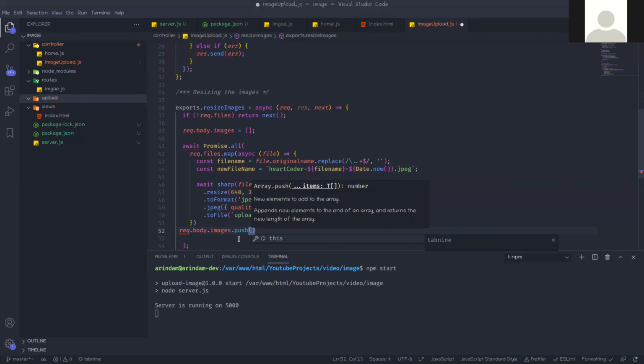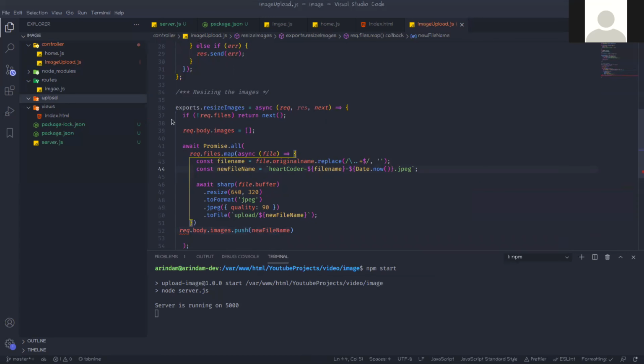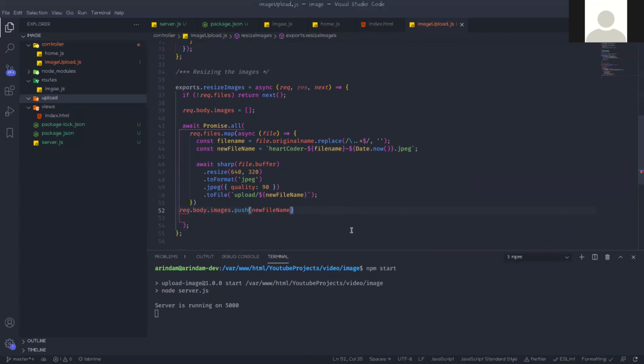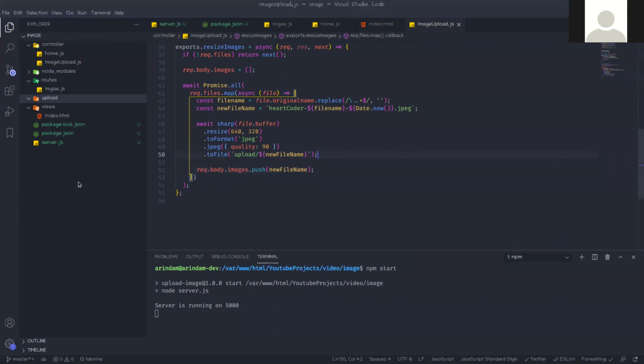For confirming, I am creating this type of array. So when all is done, then we call next.